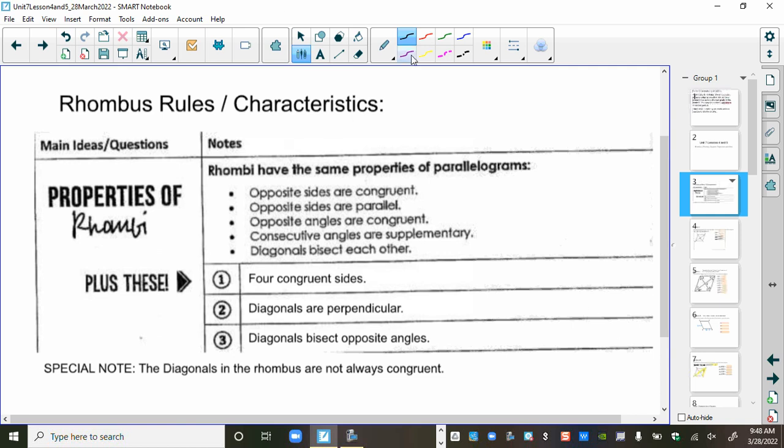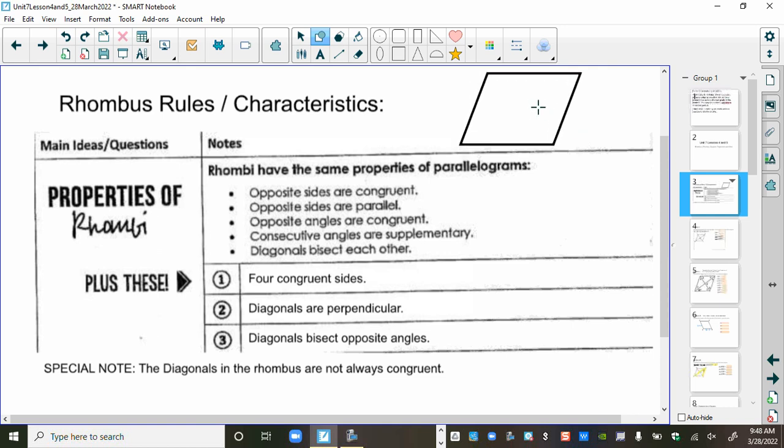So again, rhombus. Let me take that back a little. So it kind of looks like a parallelogram. It kind of looks like a square. The only difference,